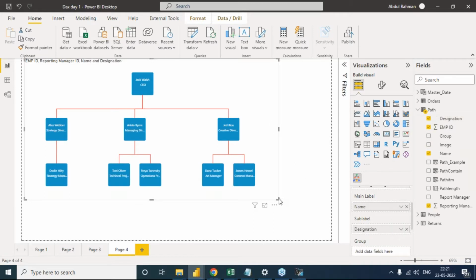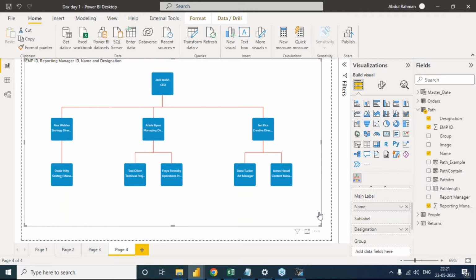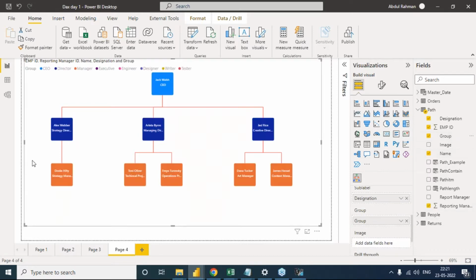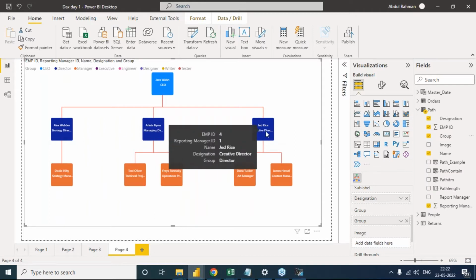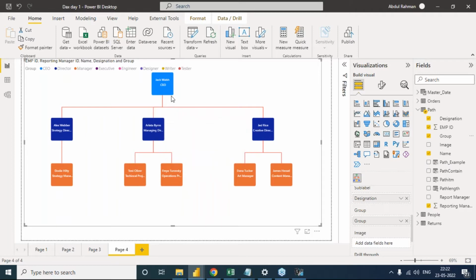Yes, you see now, pretty easy, right? So there is some other option called group. That means it will give us a different color for each and every level. So these all are in the third level, right? These are mid level management. So for that, they mention in a blue color the topmost guy, CEO,